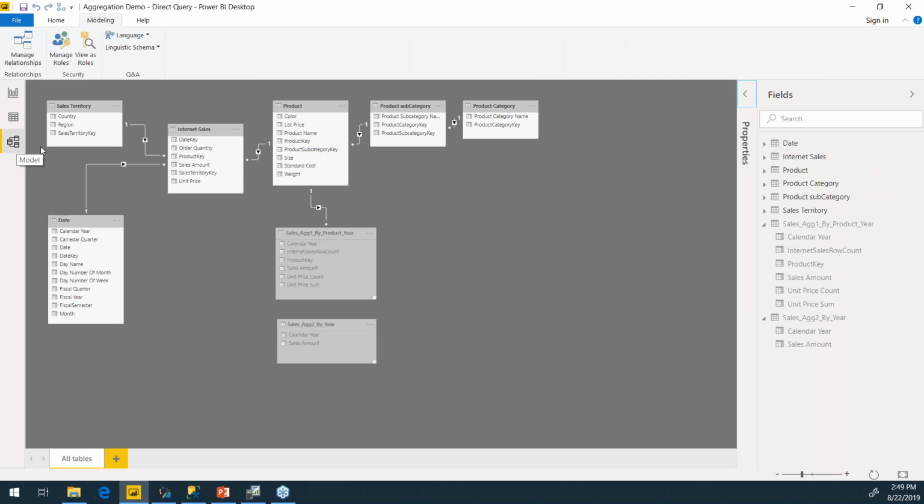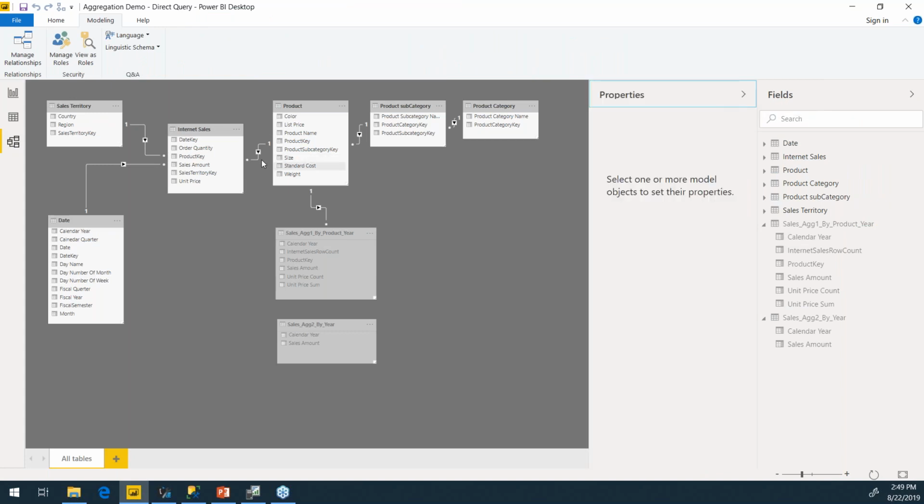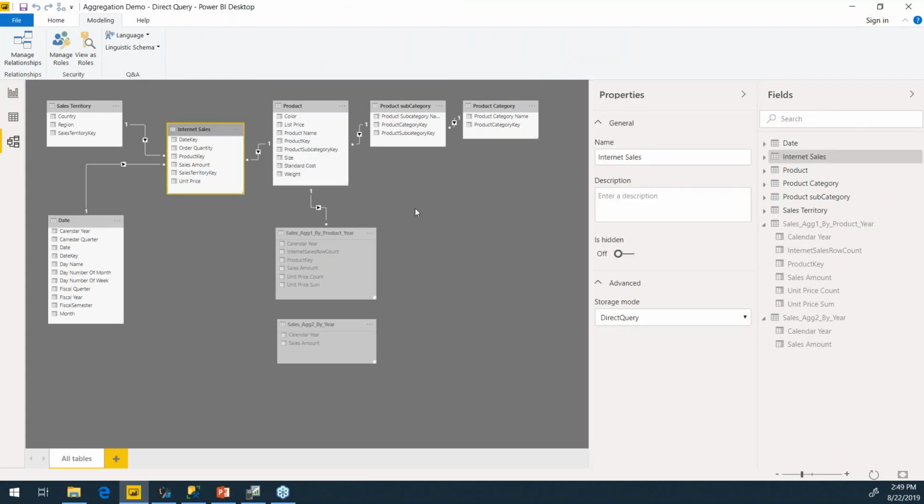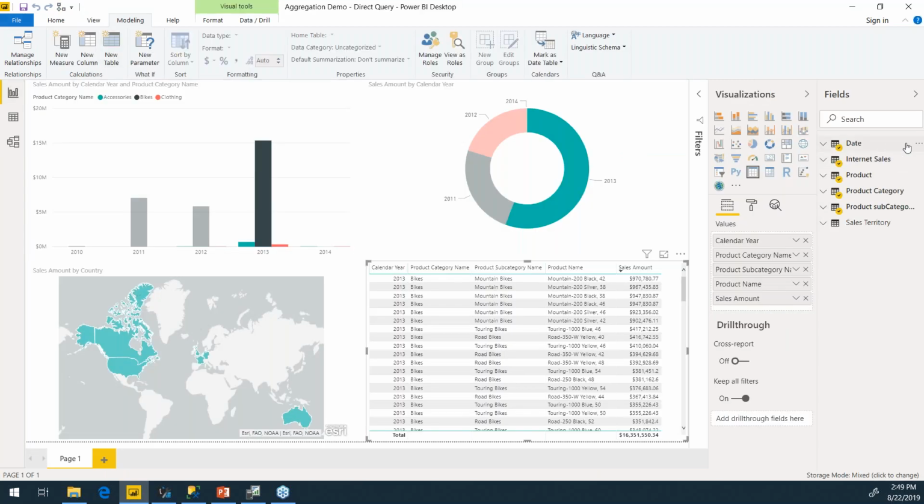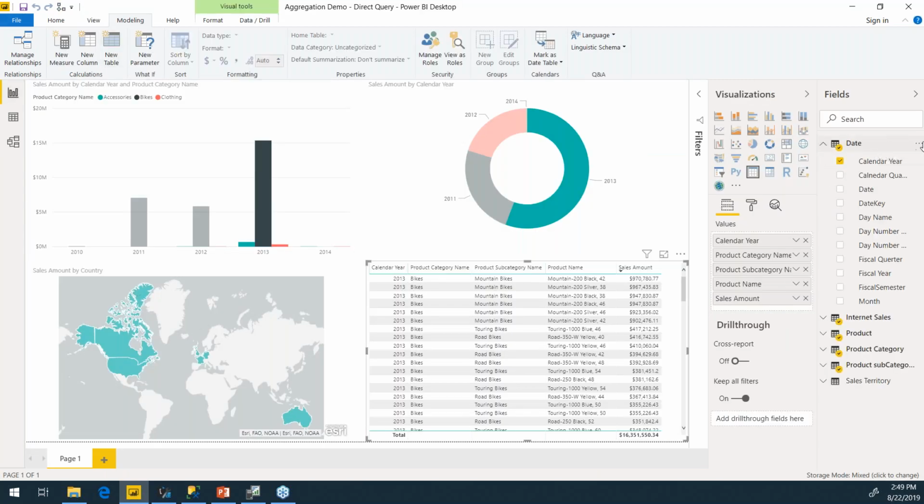And that took me a while to find when I first started looking for it. So you go to here, you have to pick a table, and then you look under advanced. And here it is, DirectQuery. This section used to be under a different tab before, and some of the online help or the blogs that you read might still point you there, where you would pick a table and go to properties, but it's no longer there if you have the most up-to-date version.